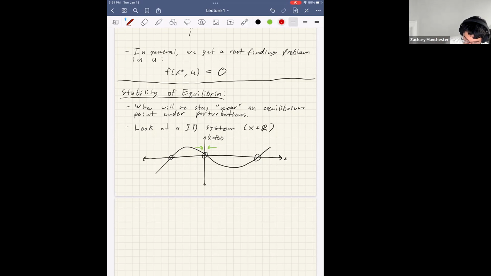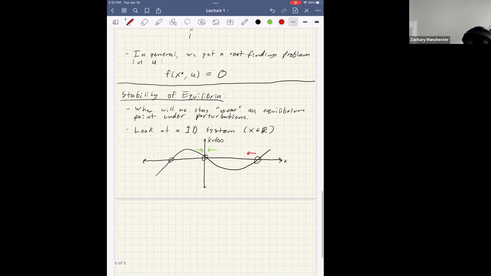So in this case, if I get pushed to the left, x dot is negative. That means I'm going to go further to the left. Vice versa, if I get pushed to the right, x dot's positive. I'm going to go further to the right. The dynamics are going to carry me farther away. And then same thing on the left one. If I get pushed left, I'm going left. If I get pushed right, I'm going right. So looking at this,